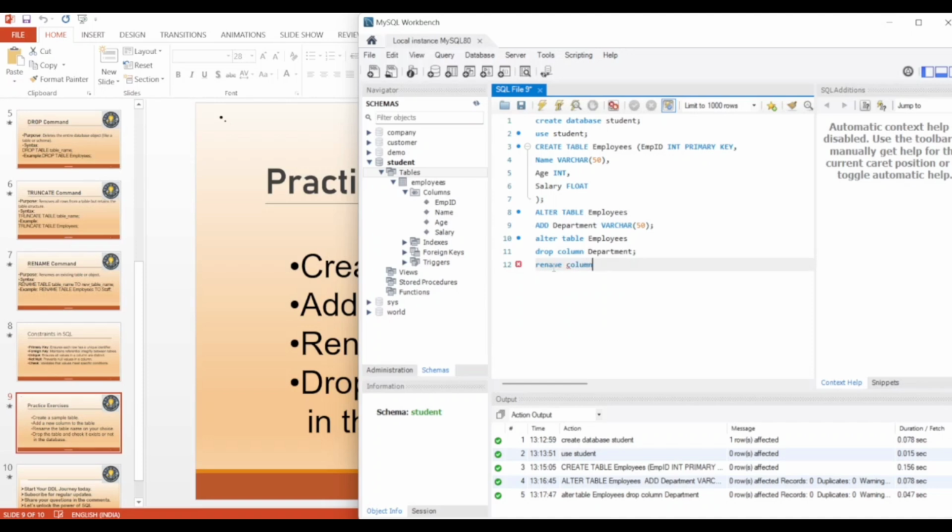So basically here's the column name is employees, so we take that column name, rename table. So basically our table name is employees, so we write it as employees. Okay, and rename the table employees to staff, right? So to staff,